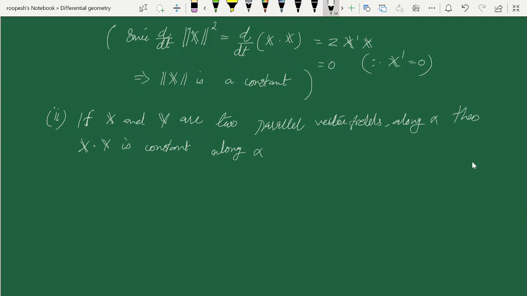X dot Y is constant along alpha. The reason is this, since